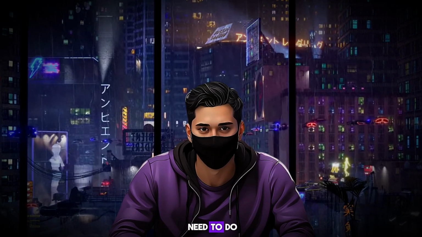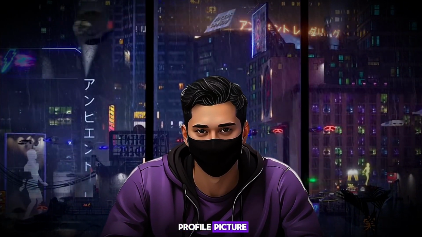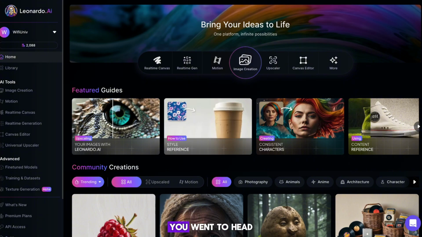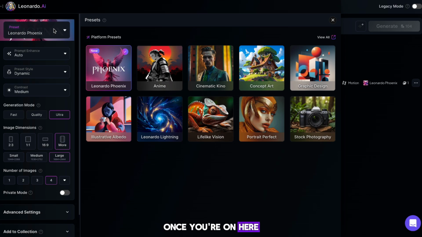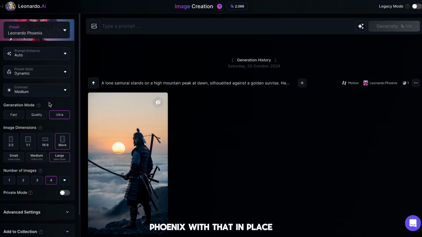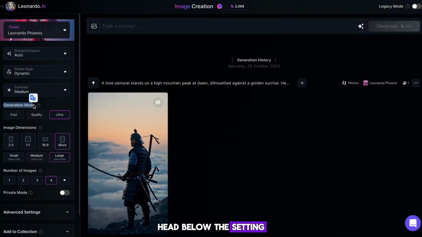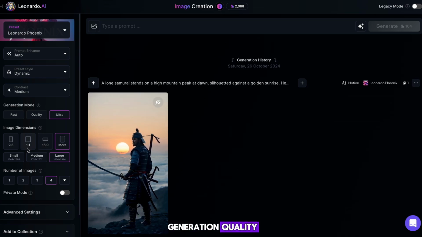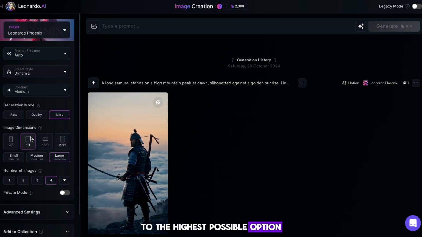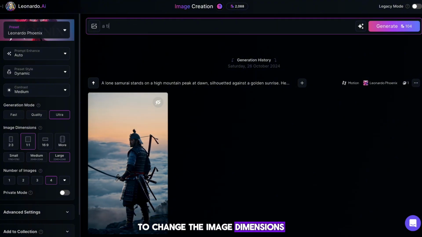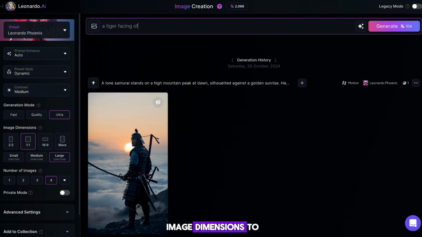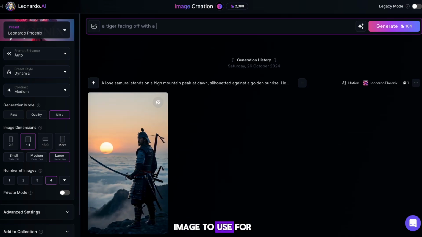The next thing we need to do is to generate our profile picture. To get your profile picture, you want to head to Leonardo using the link in the Google Doc. Once you're on here, head to image creation. Once on this page, you want to make sure that the preset is set to Leonardo Phoenix. With that in place, head below the setting and set the image generation quality to the highest possible option. After this, head lower and find this one to change the image dimensions. You want to change the image dimensions to 1:1, so we have a square image to use for our profile